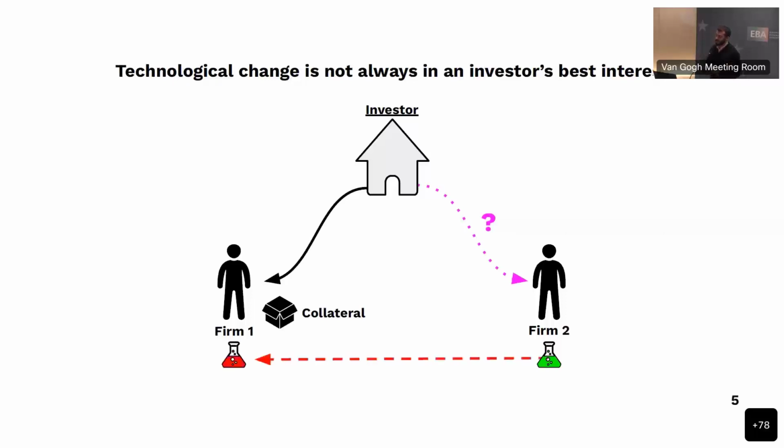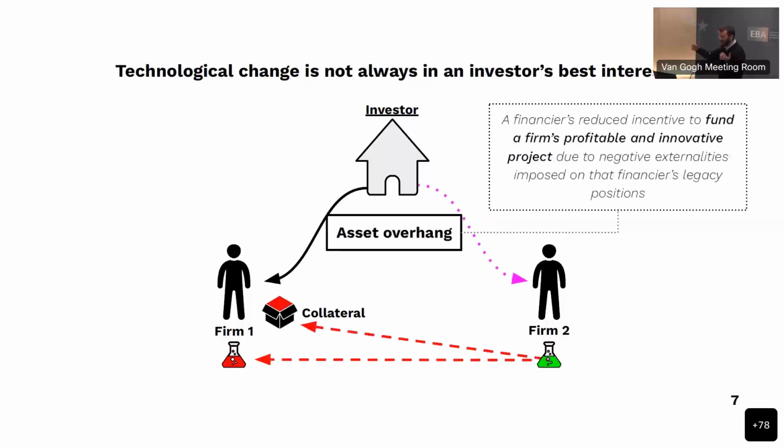The second effect could be that because the technology firm 2 brings in is superior, maybe part of the collateral that was posted by firm 1, that could be the machinery that firm 1 uses, will be devalued. And so now the bank has to take into account these effects and decide whether the bank wants to make a loan to this firm 2. And this friction is what we're going to talk about when we talk about asset overhang.